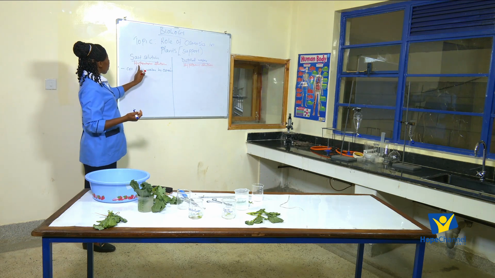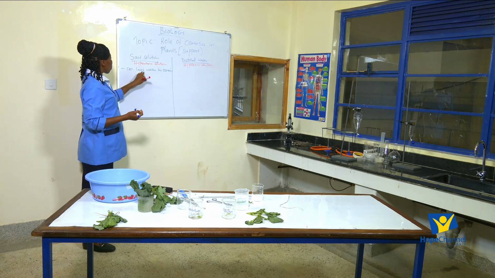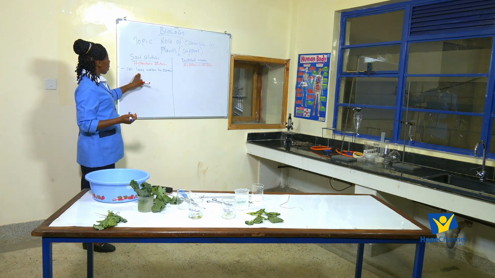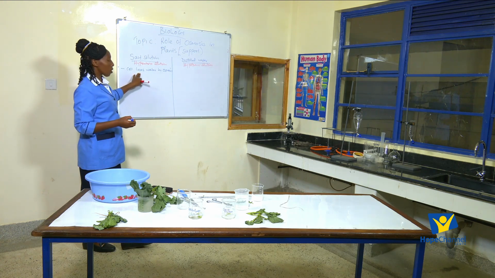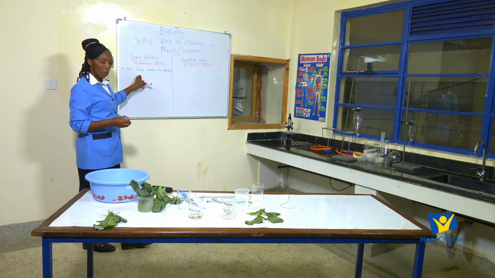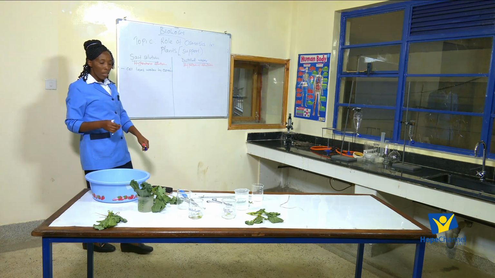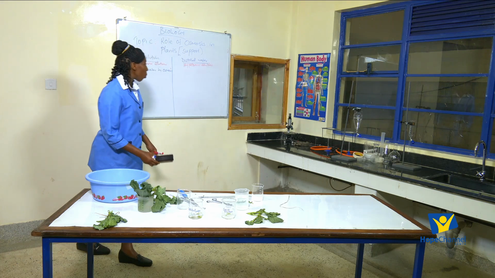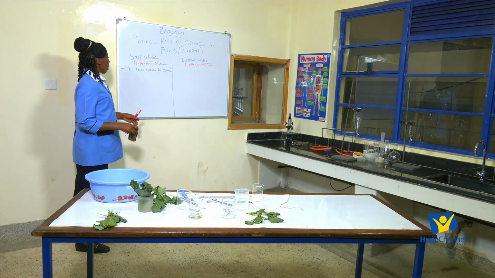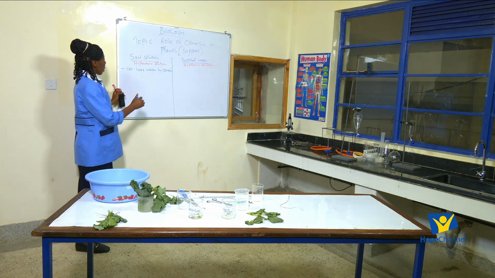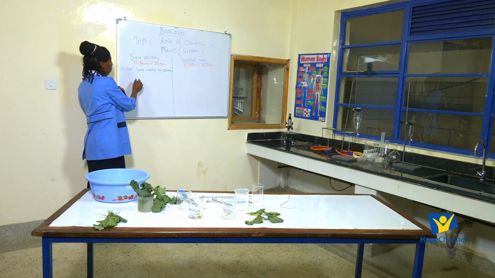From hypertonic solution, do we expect the cell to lose water, or to gain water? Because water moves from where it is more to where it is less, we expect the cells